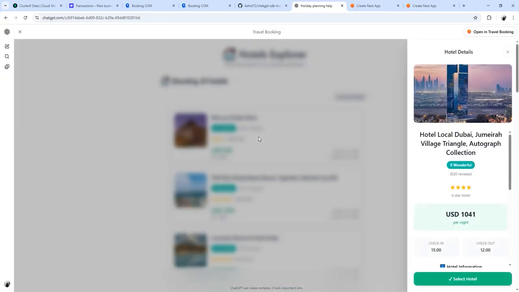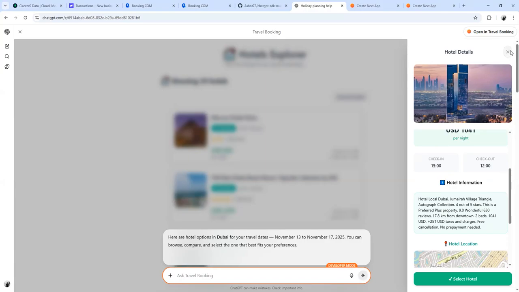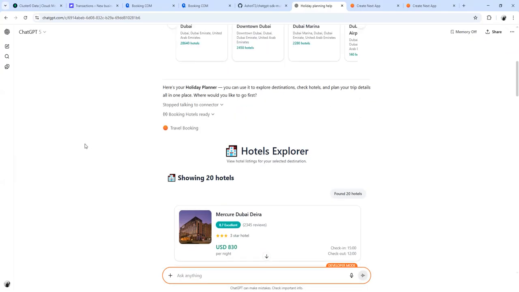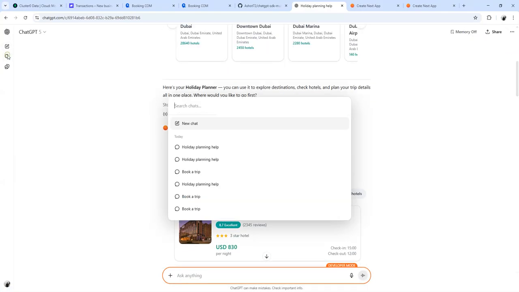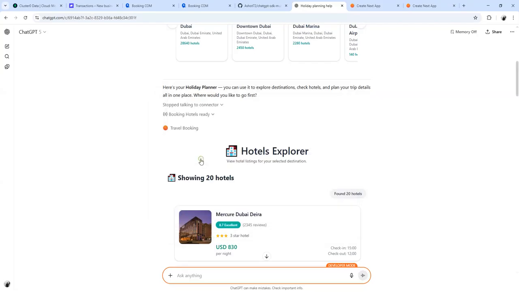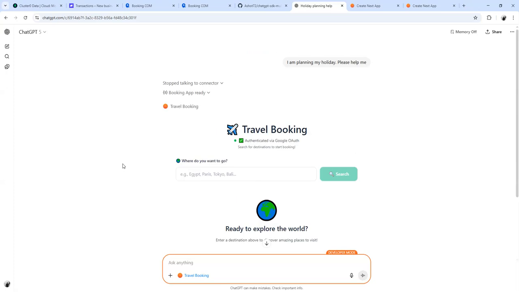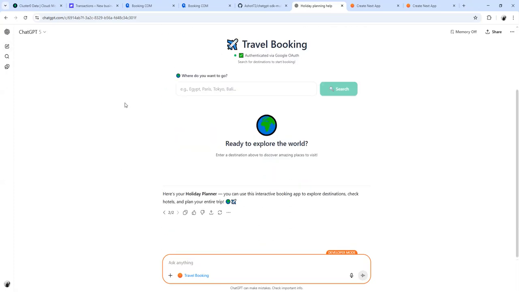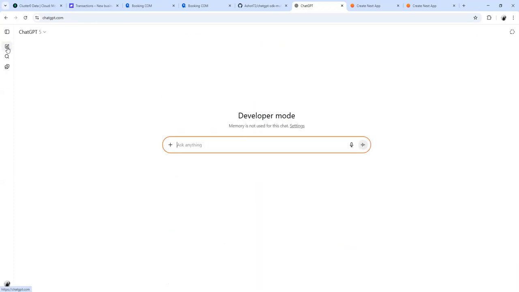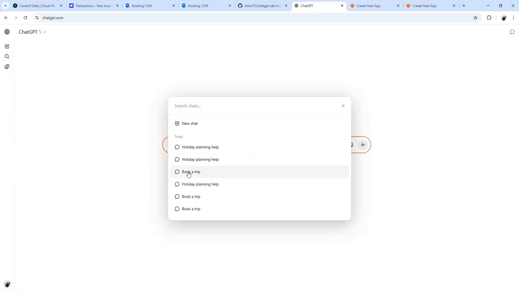So now we can also select hotel and pay as we did before. We can also go to the previous chat, like this one, book a trip.